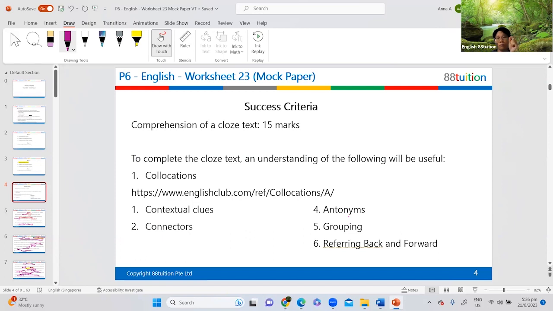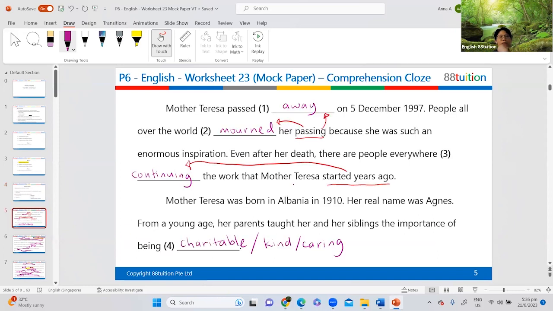So for example, cry over spilt milk. Spilt milk, how do you spell spilt? Is it split? Some people don't know how to spell spilt. They spell it like split. So you have to know some of your idioms, because they can have that in your cloze passage. And then referring backward and forward. Okay, let's move on. If I'm going too fast, please tell me.